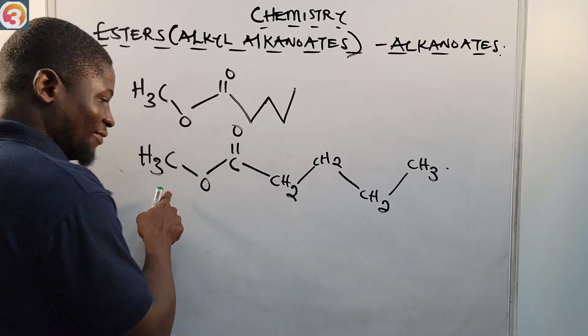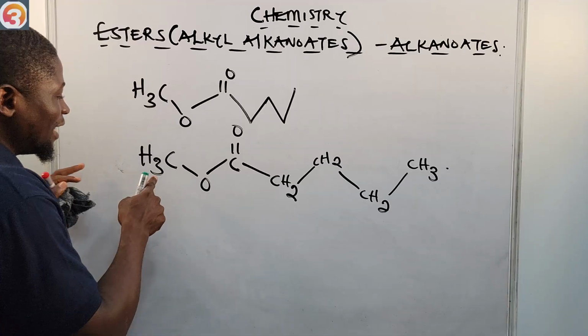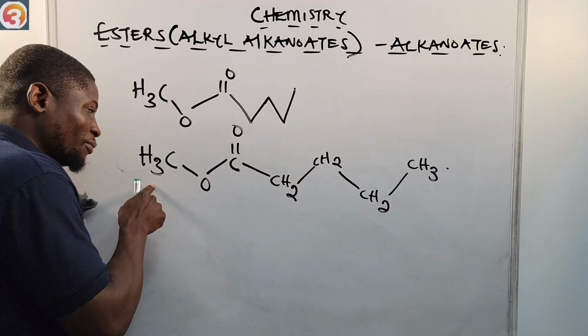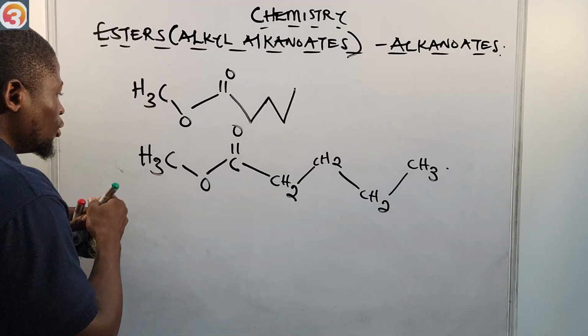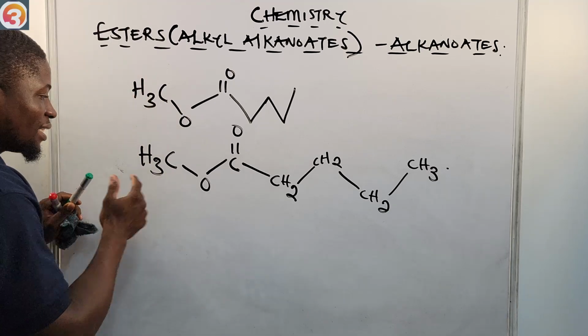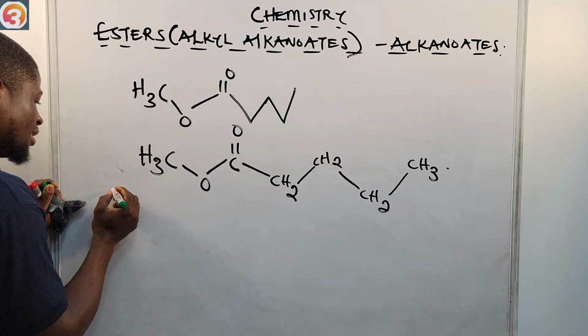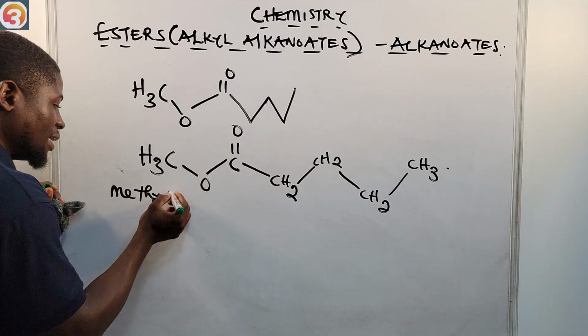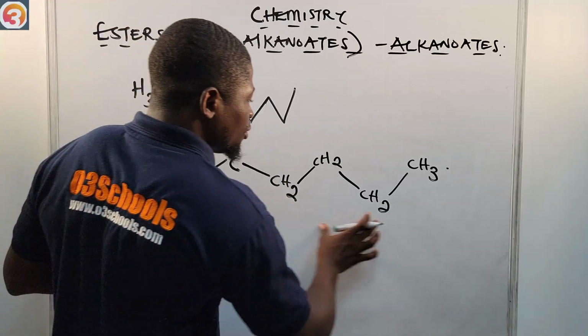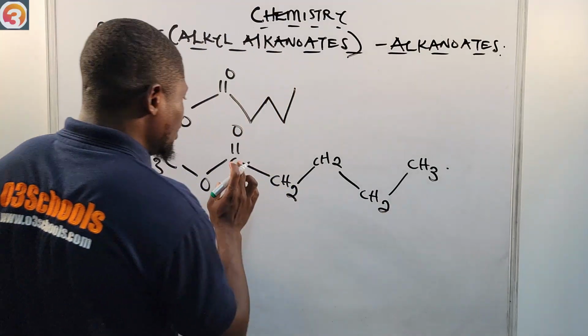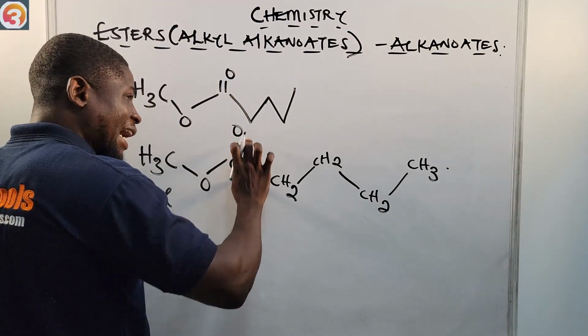Now it's on the left. So that means we'll definitely start naming from this left. The alkyl group on this left is methyl, CH3. So it is methyl. Now on our right-hand side, this carbonyl carbon,